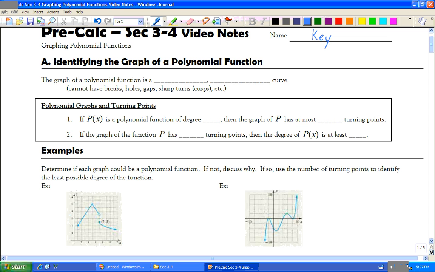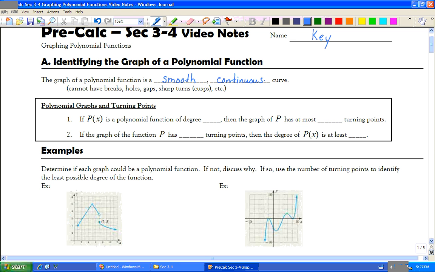The graph of a polynomial function is a smooth and continuous curve. So it can't have any breaks, holes, gaps, sharp turns, which are also called cusps, in them, otherwise it's not smooth and continuous. So let's also look at polynomials and the turning points, because those turning points can tell us